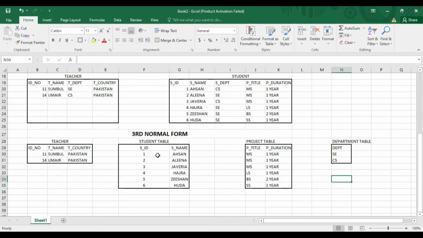In this, you can see the student table has IDs, the teacher table has IDs, but project has no ID. So make another column of project ID, and remove the repetition.